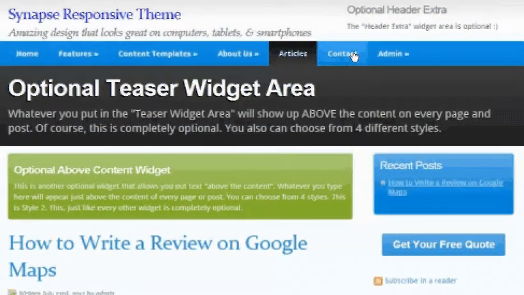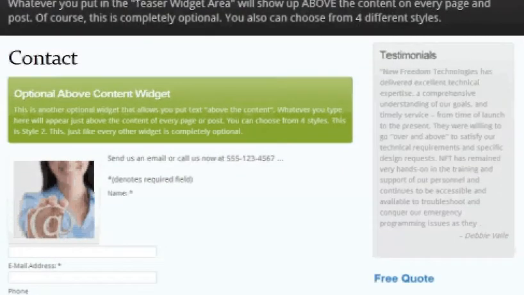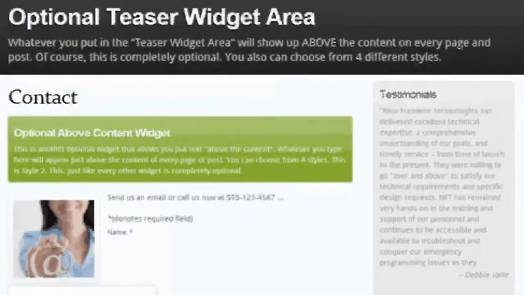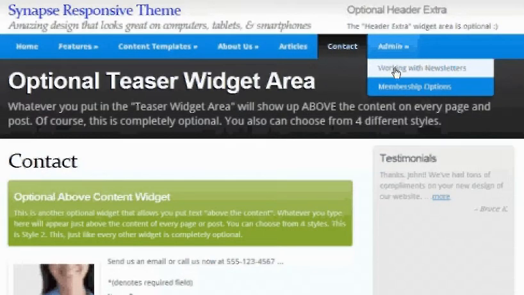Contact page, that's pretty standard information. It's going to have a place for people to call you, email you. You could put a Google map right here so that they could click on it and get directions to your organization. And then also I included in this website the ability to have newsletters, and you can actually set up